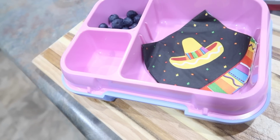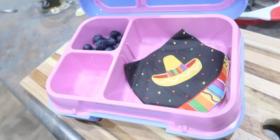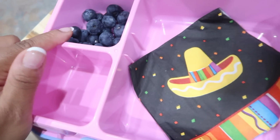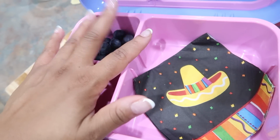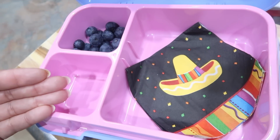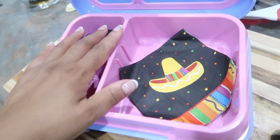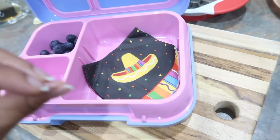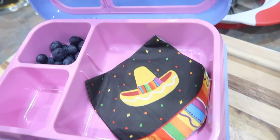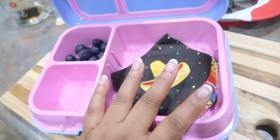However, if you want more Bento box style with a lot of cutting of the carrots and the fruits, you will definitely still see that here, because I will incorporate some kind of fruit. I am going to expand her palate by trying to incorporate veggies in there. I explained that to Halo. In her lunchbox, you guys will get a glimpse of that, but you will see a lot of Mexican food in her lunchboxes. So if your kids don't go for that kind of thing, I apologize,